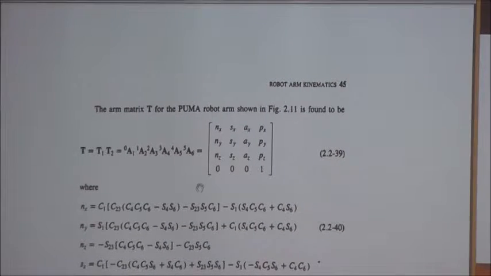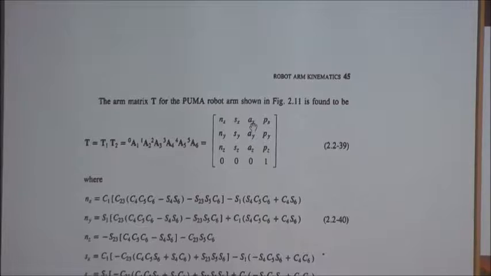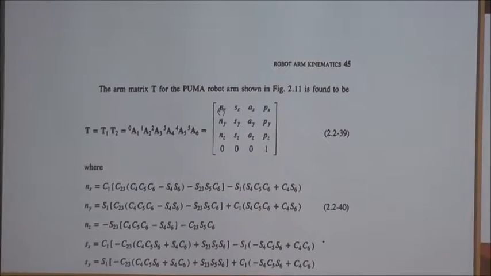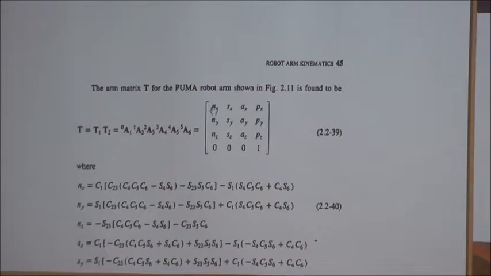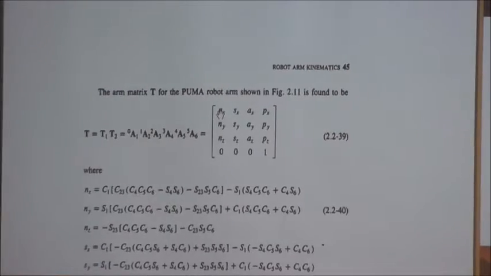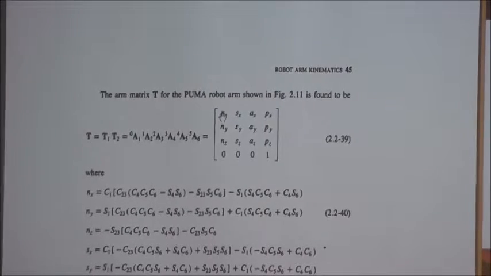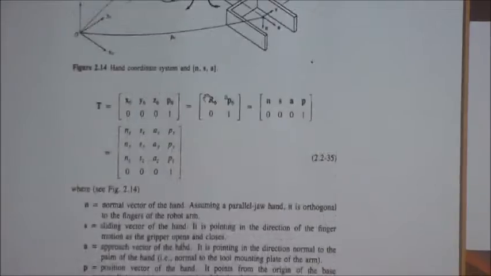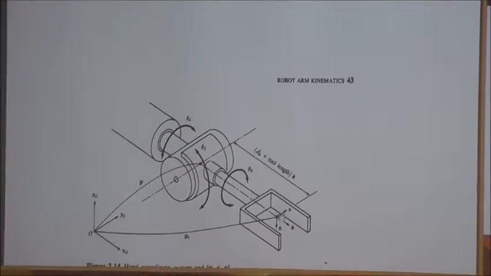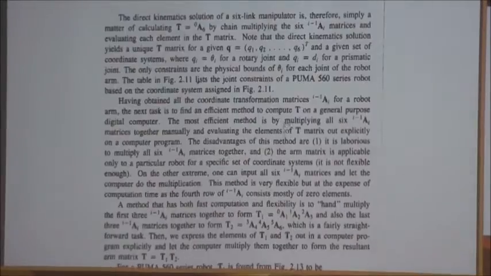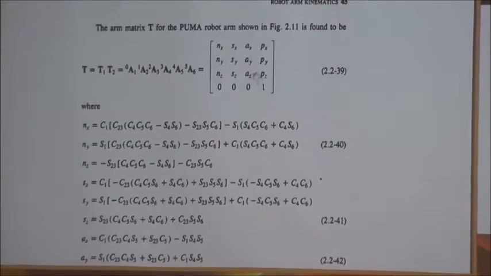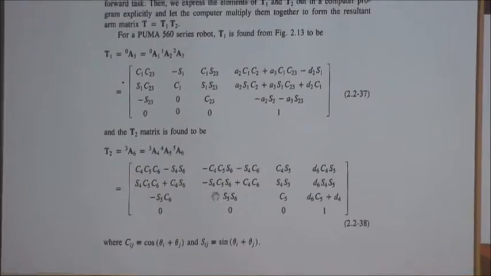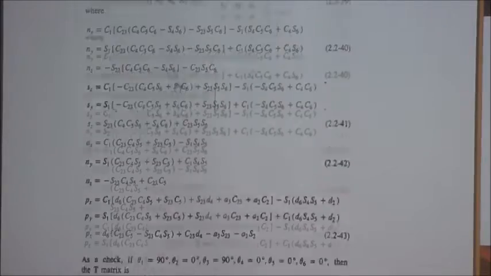In the inverse kinematic framework, all the nx's, px's, a's and sx's are available to you because you want to know where you want to end up: what configuration, what orientation, and what coordinate for my end effector. In other words, you need to know exactly where you are going to be right here. So you have those 12 values, you equate them to the result of multiplication of these two matrices,